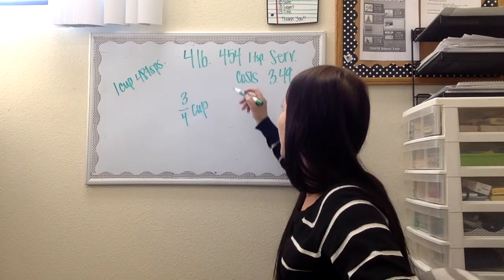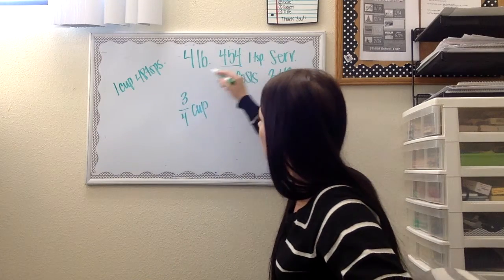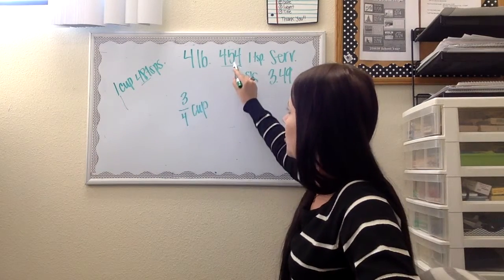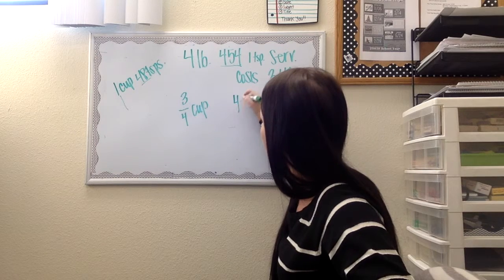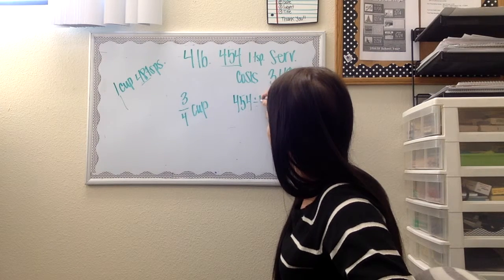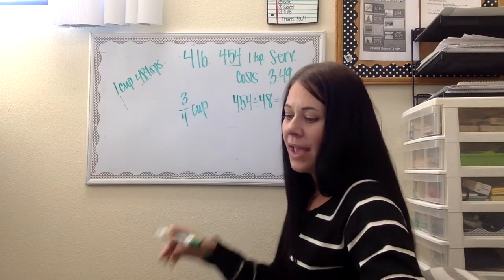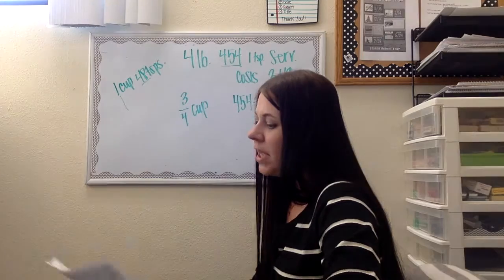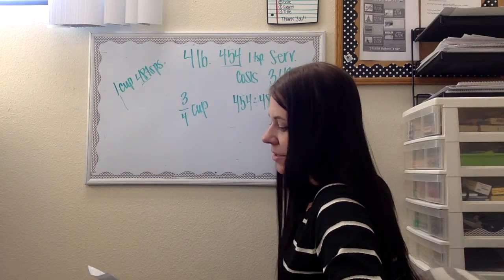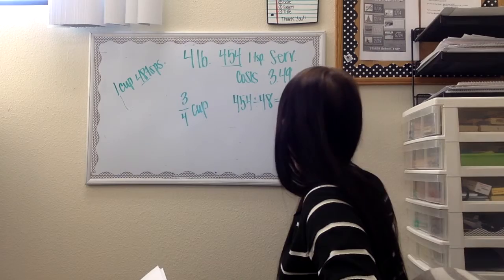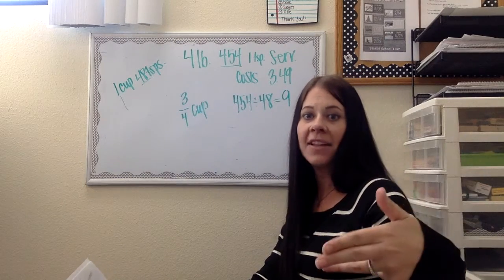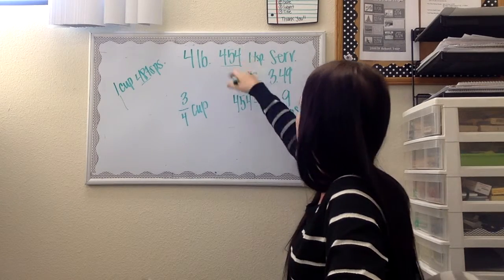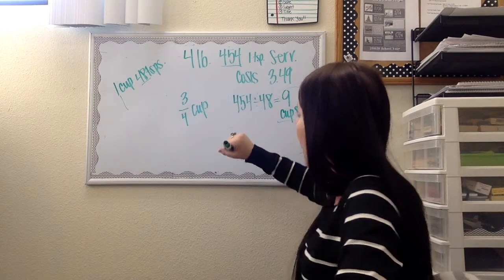So I know there's 454 teaspoons. 48 of those gives me 1 cup. And since I'm working in cups, I'm going to turn this into cups. So the first thing I'm going to do is 454 divided by 48. Okay, to save us time on the video so I don't run out, I have to start a 3rd video. I will just tell you that is 9 point something, but it doesn't matter. That will only give me, because remember, if I go over, I can't make part of the batch. So I'm going to round it back down to 9 cups. So in this bag, I have 9 cups